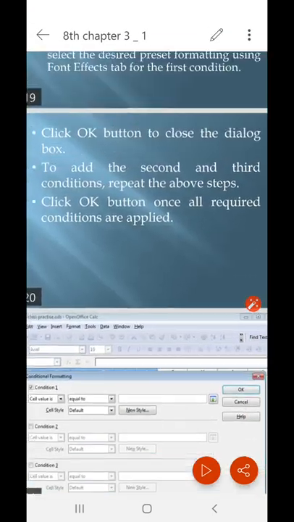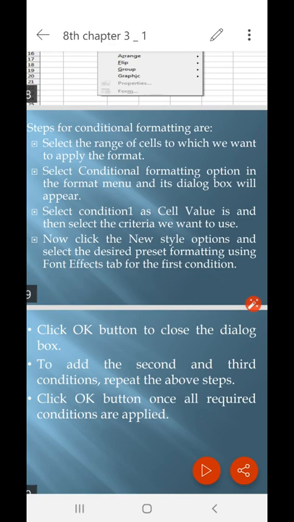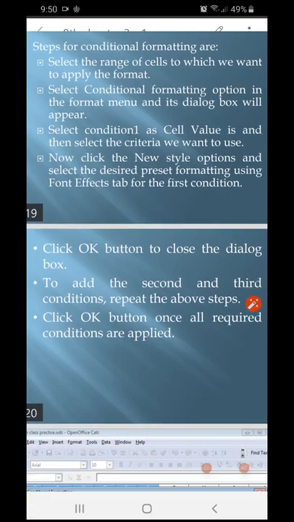These are the steps. We need to learn these steps. First step is to select this range of cells, means the data we have entered in the cells to which we want to apply the format. Second, select the Conditional Formatting option in the Format menu. Its dialog box will appear.